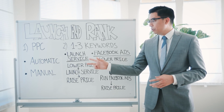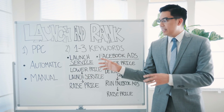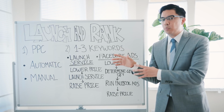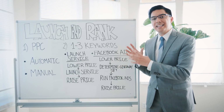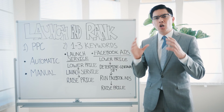Now to start off with both of these ways, we want to make sure we first start out with a low price. Again, the idea here in launching and ranking our product is not to be profitable on every sale. No, all we want to do is get to the front page, and then that's when we'll make money. So right now we may take a little bit of loss, we may be in the red a bit, but it's okay. We're thinking long term that